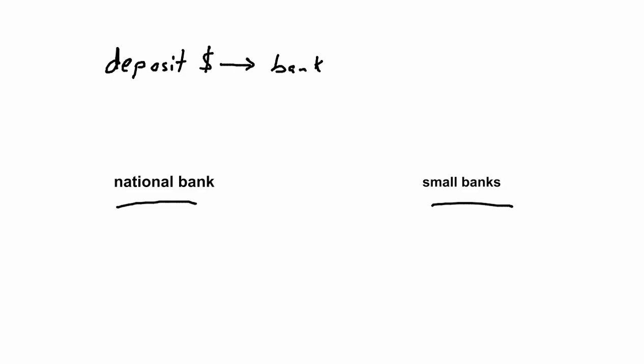Okay, I want to bring some attention to the banking system in the 19th century in the United States, and just a refresher course in case you don't understand how a bank works before we get to this national bank and the smaller banks. A bank works like this, and it's just common sense: there are deposits that come in from average people, and they deposit the money into the bank, and the money is stored there and